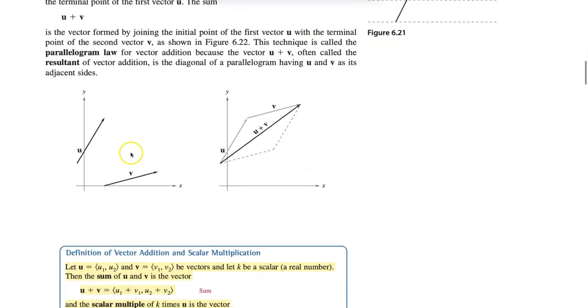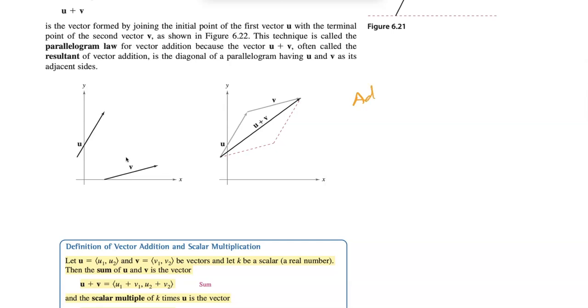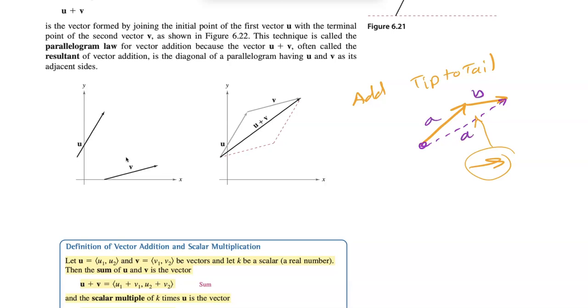When you add vectors, like I have these two vectors here, we add tip to tail. So when we add vectors, you have a vector like this and a vector like that, you want to move this one up to the tail there. And then that's the vector you added. That's a and b, this is a plus b. You can see it right here, they have u and v. You add this one to the end of that one, like right there,